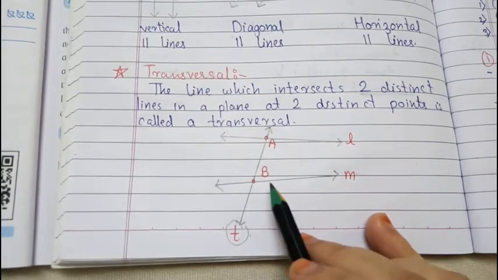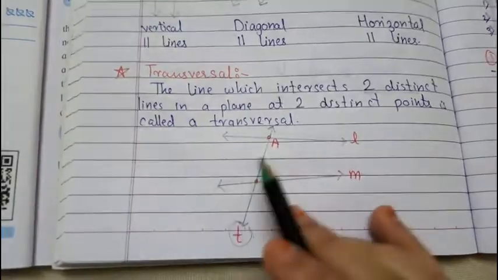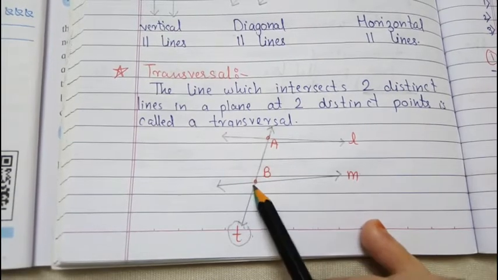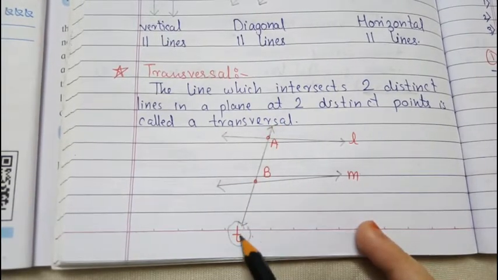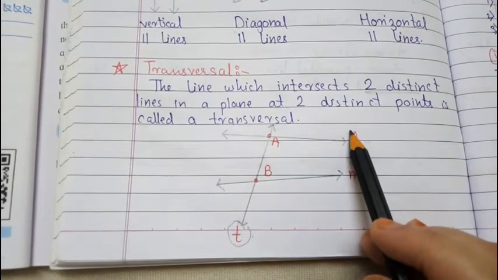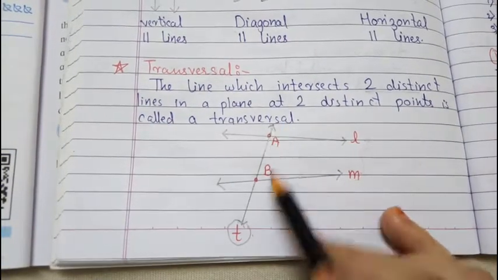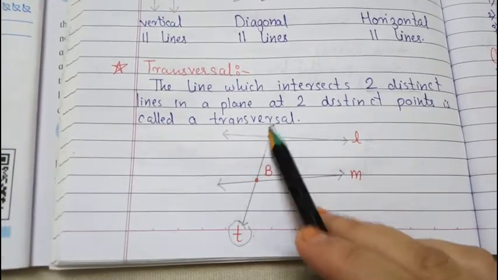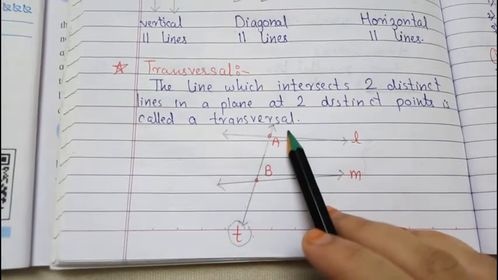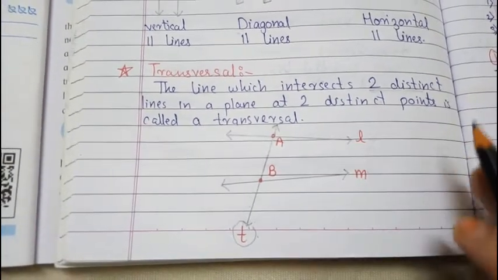So for a transversal, one line can intersect two or many lines, like three or four lines, at some points. So that line is called a transversal line. Here only two lines are there, but sometimes it may be three, four, two or more lines. The transversal line will be one only, and the other lines will be many, like two, three, four. Right.